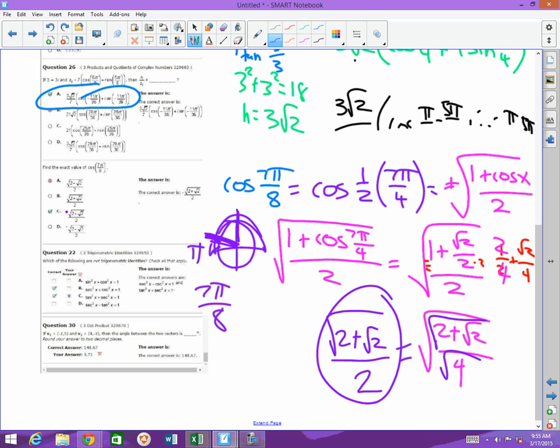This would be 4 pi over 8, and this is 8 pi over 8. So 7 pi over 8 is in this quadrant, and that makes it negative, because cosine is negative in that quadrant. This one here is just picking out identities. You should kind of just know those identities. And that's why these two are the two that need to be correct. And then the last one,